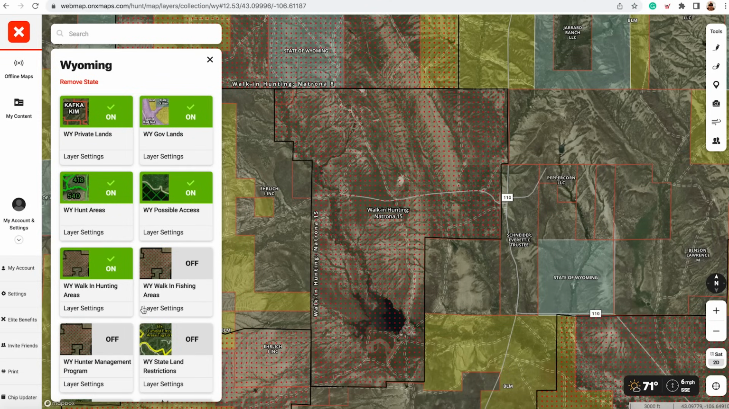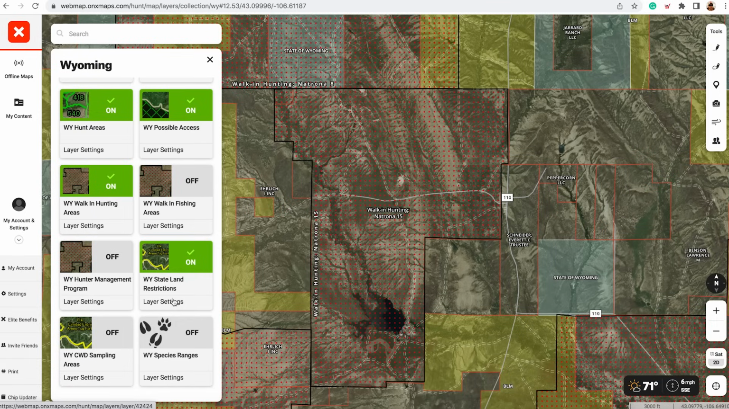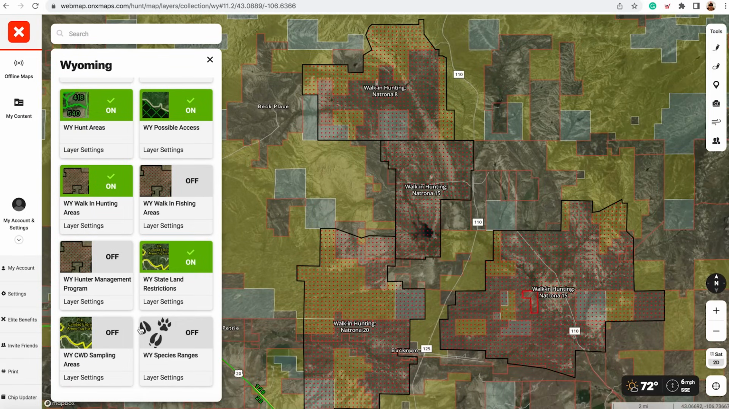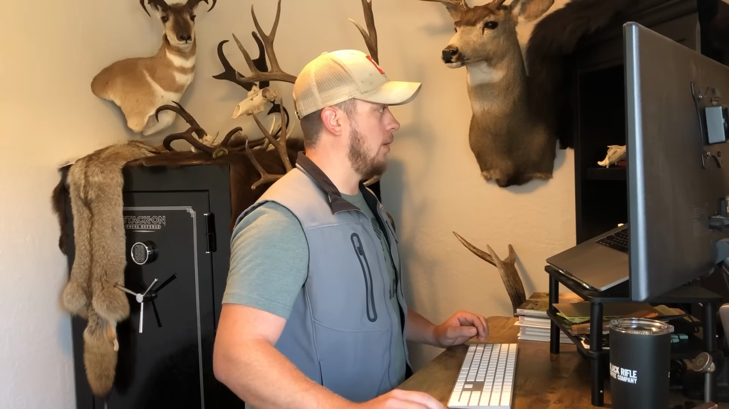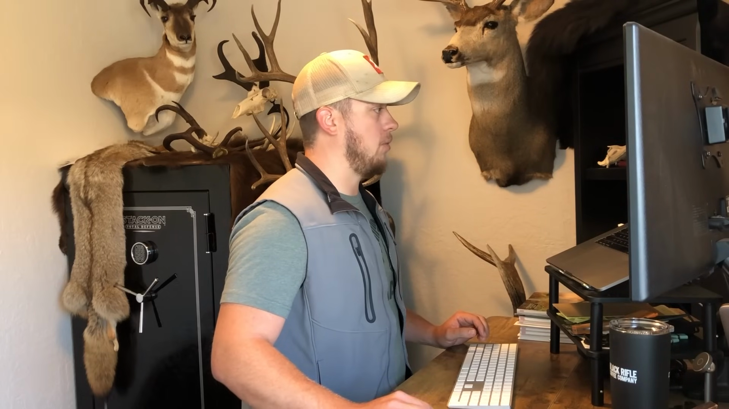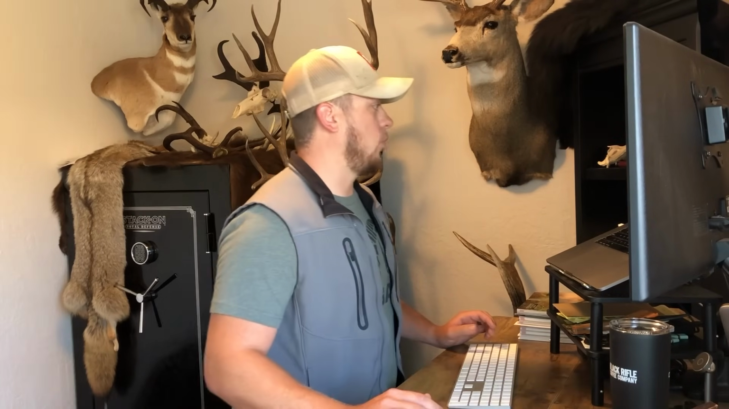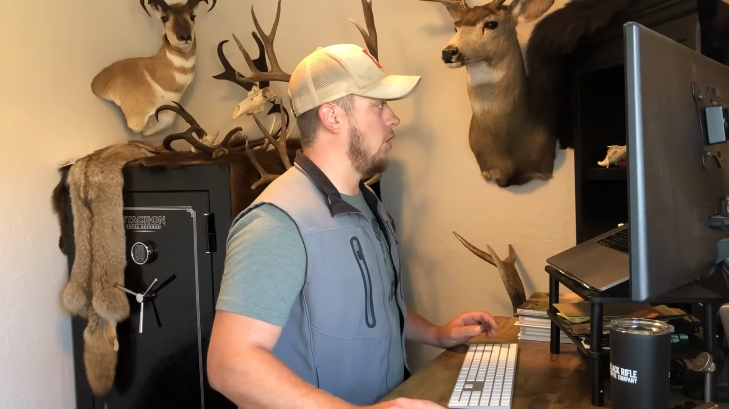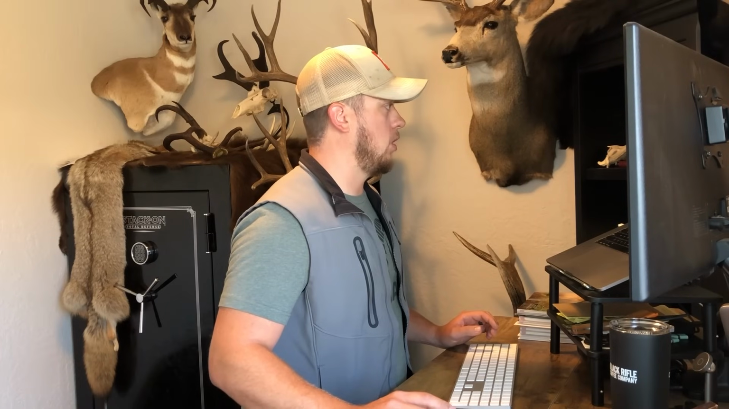There's also some walk-in for fishing, etc. We have a state lands restriction. Some states we actually will show restricted area, so that's a good one to always have on. That covers a lot of it for Wyoming. I mean, we could spend 45 minutes talking just about Wyoming there, but let's dive into some of the other